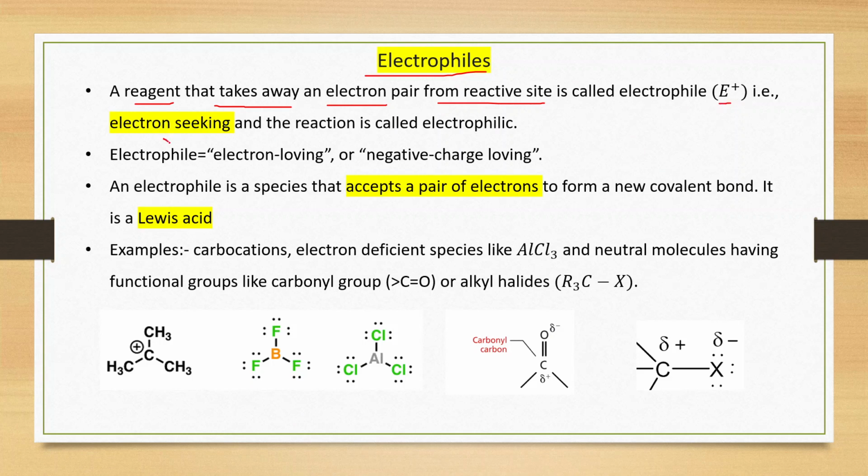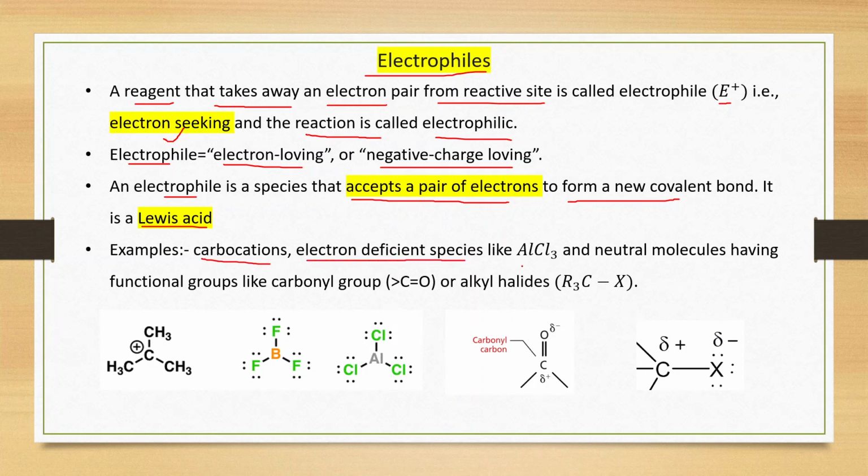That is electron seeking, and the reaction is called electrophilic. Electrophile means electron loving or negative charge loving. An electrophile is a species that accepts a pair of electrons, because it is electron deficient, to form a new covalent bond. Electron deficient species are known as Lewis acids. So an electrophile is a Lewis acid. For example, carbocations, electron deficient species like AlCl3, and neutral molecules having functional groups like the carbonyl group C=O, or alkyl halides,